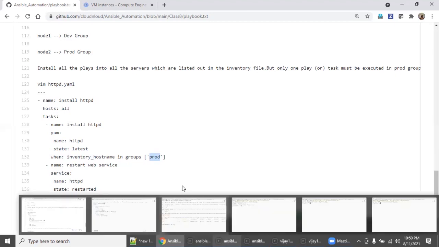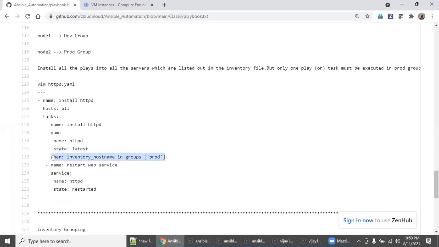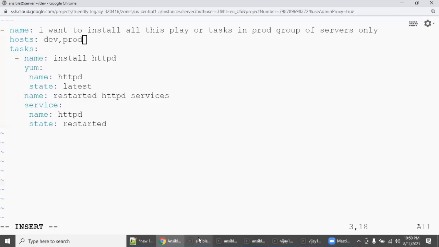So the same way here, you copy this condition, come down, and you can go here and restart only where the cursor is. Also, you should indent this. If you look at the indentation, the when, notify, and tags should all be at the same level where you start your play. See here.